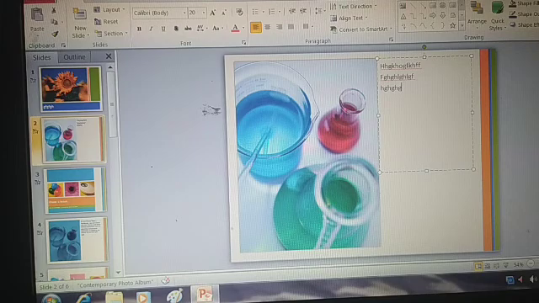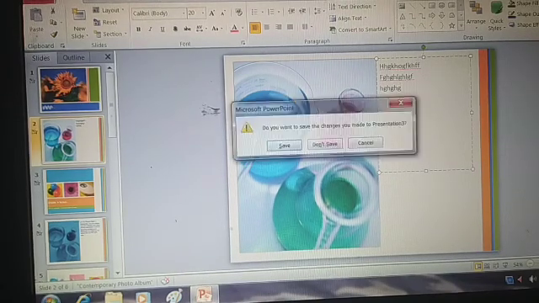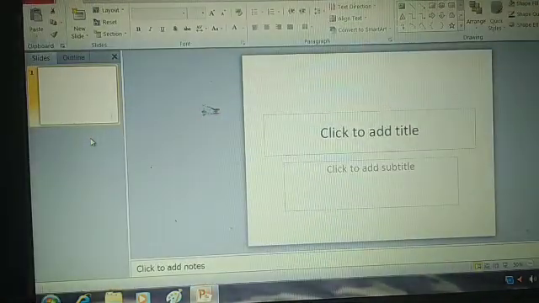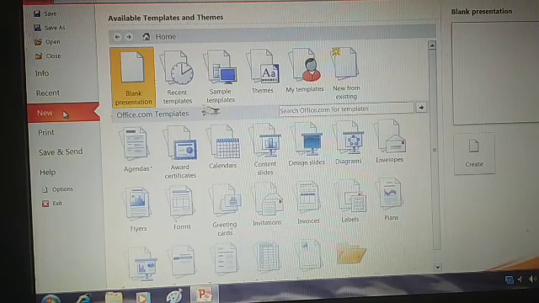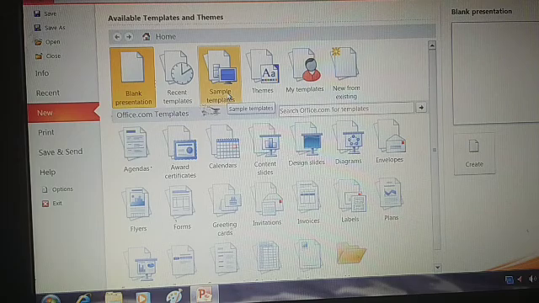Clear? So to create a presentation from a template, what you have to do? Go to PowerPoint, file, click on the new option, then go to the sample templates option.